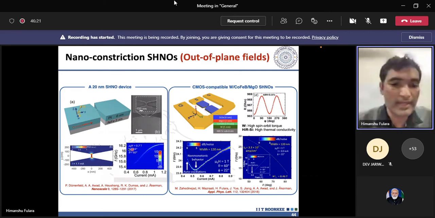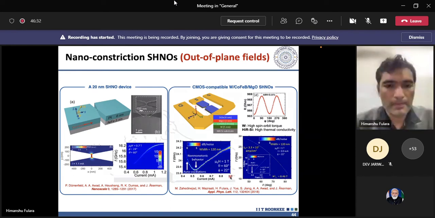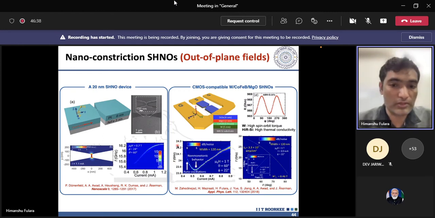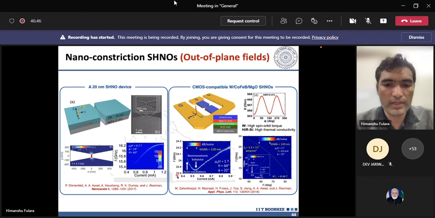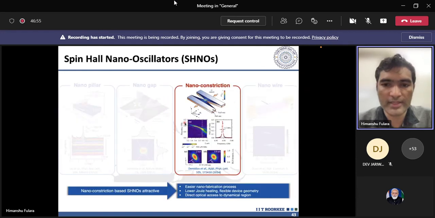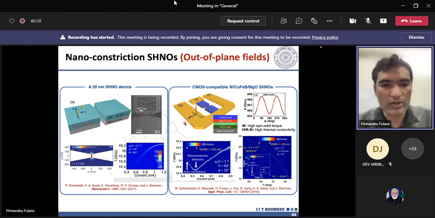So there you have seen that the frequency was decreasing, and here we were able to increase the frequency. Here also you see that initially the frequency was decreasing, but later on it increases with the current. By doing this, we were able to increase the operational frequency also, because once you increase the frequency with the current, you obtain very high frequencies. Our frequencies are in the range of about 20 to 30 gigahertz, and you can see that this is 10 to 30 gigahertz, and these frequencies were 4 to 5 gigahertz. So we have basically changed these frequencies by an order of magnitude by just measuring these constrictions in the out